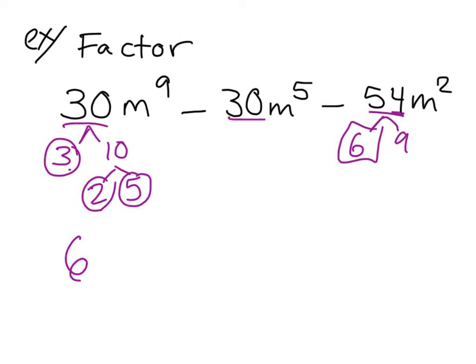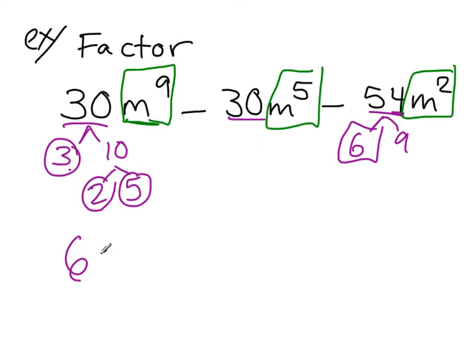Now let's look at the variables. We have m to the 9th, m to the 5th, and m squared. So we're going to take the smallest degree, which is m squared, and left behind, we need 6 times 5 to get us 30. We have m squared, we want m to the 9th, so we need 7 more m, minus